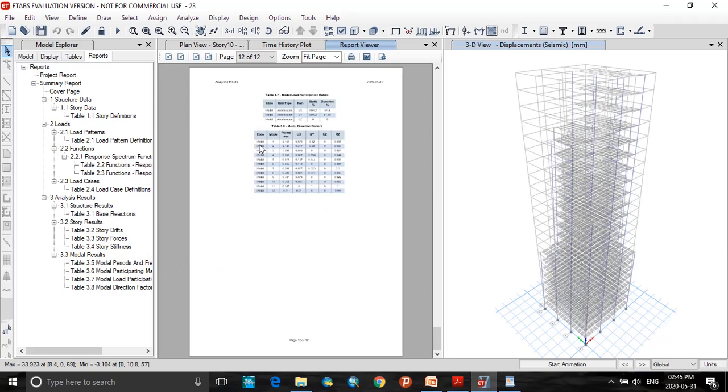So from this session, I have completed the analysis and design of tall building for seismic loads, wherein I have analyzed for three methods. First method was equivalent static method, and through that method I checked the base shear and other analysis result parameters.